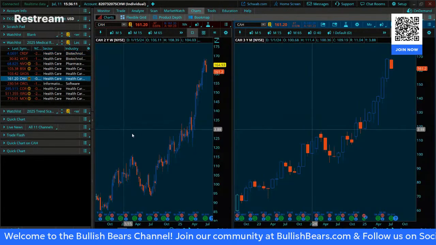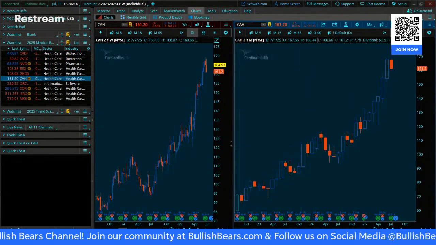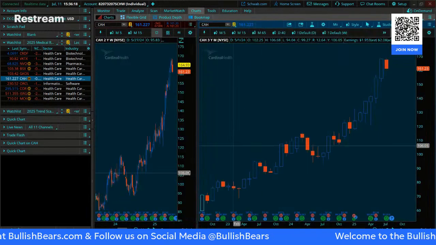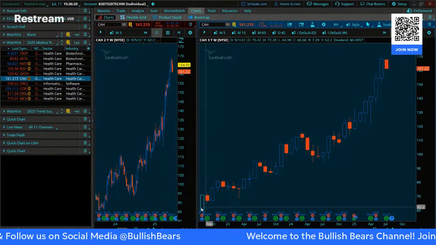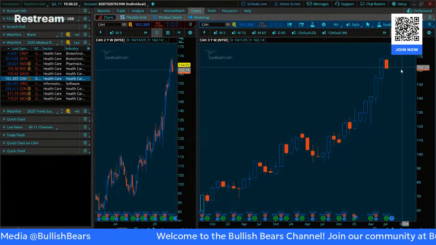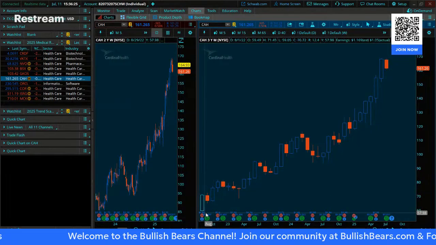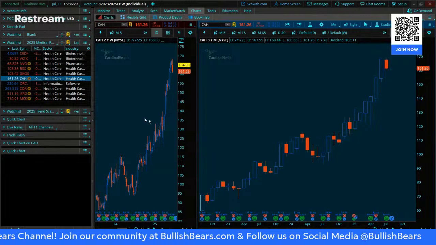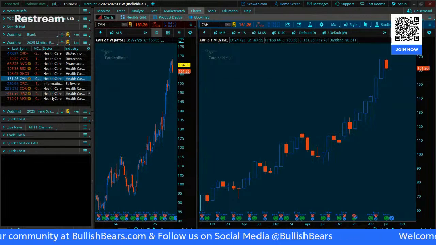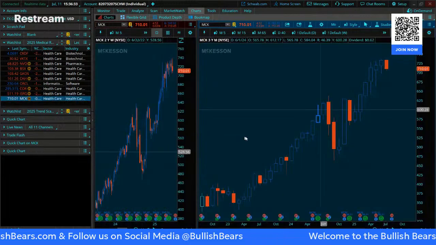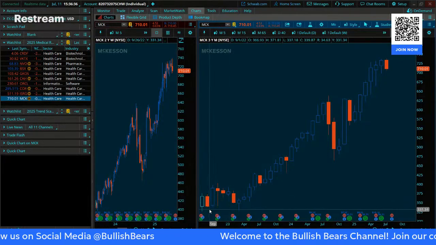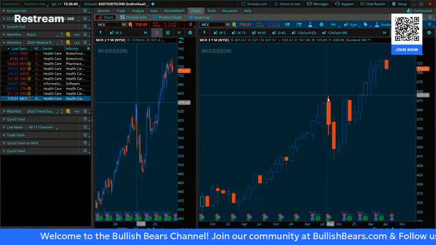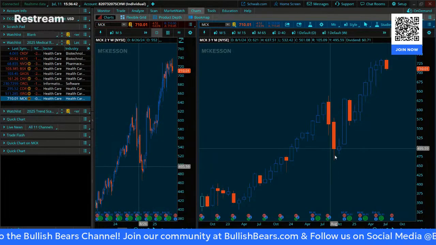But look at something like Cardinal Health, CAH. Take a look at that bad boy. It is a beast, right? And on the monthly, it went from $60 to $170 since September 2022. It just kept right on going, right? There's Cardinal McCormick, another one, from 325 to 725. Big pullback for sure back in late 2024.